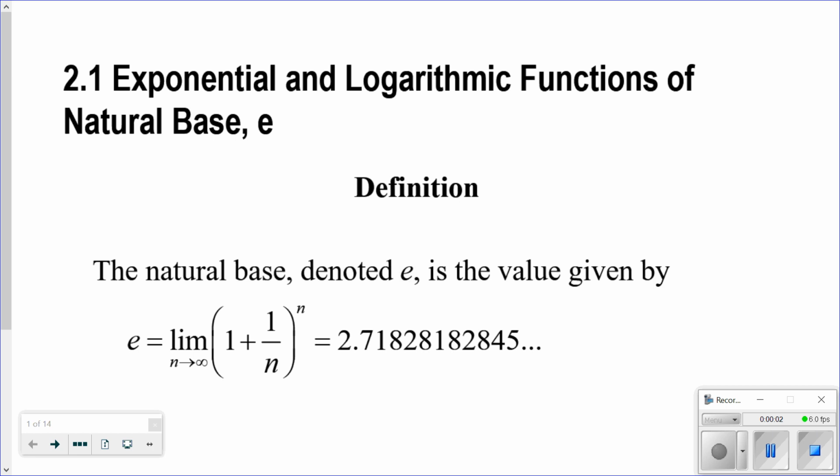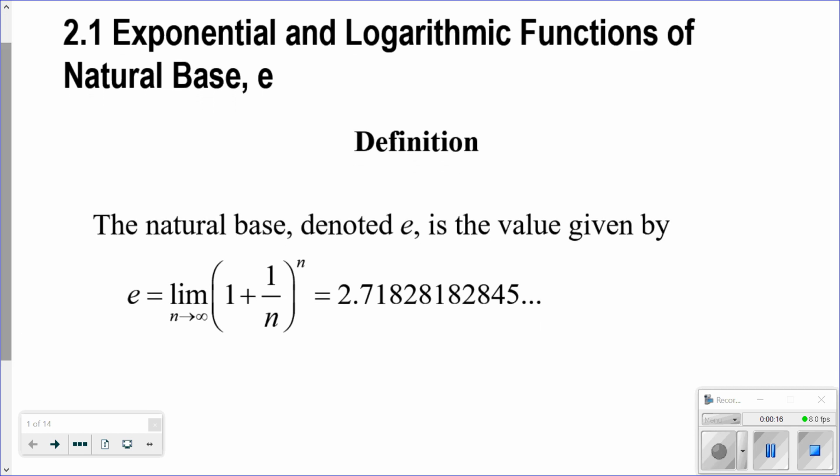Okay, so today we're going to talk about exponential and logarithmic functions, and specifically exponential and logarithmic functions with the natural base e. Okay, so natural base e, it is something that occurs in nature. If you are familiar with the compound interest formula, you will see that this formula looks very similar to that compound interest formula. As we make n go to infinity, so as we make n get bigger and bigger,